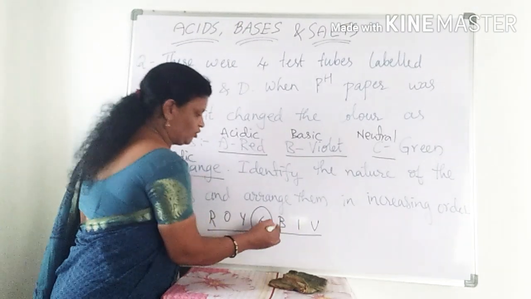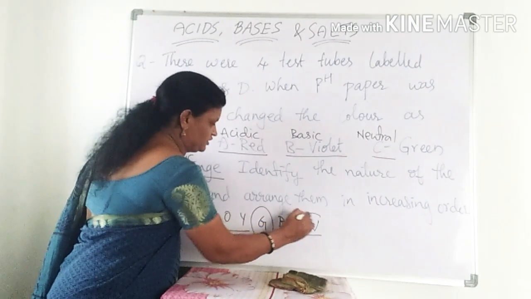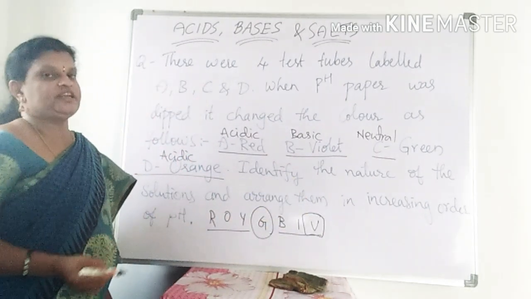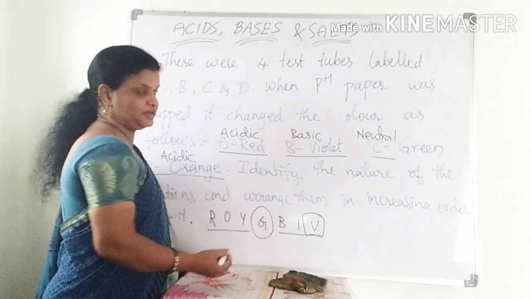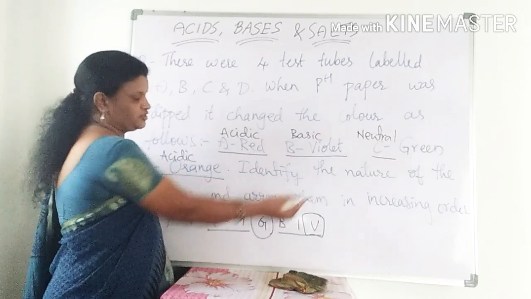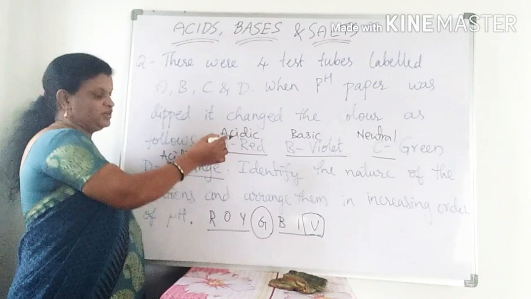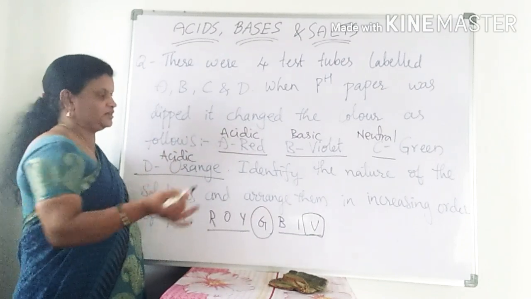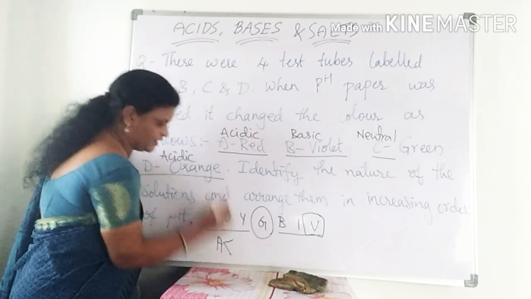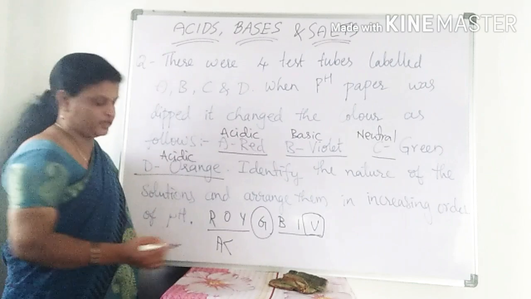So violet, indigo, blue means nothing but basic we are saying, no. So if any solution is able to convert that pH paper or universal indicator color into violet color, it will have more pH. So what we can write here, increasing order they are asking. So least one we have to find out first. So just observe, any solution is able to convert that into red? Yes, that is A. So A less than, orange or yellow is there anywhere? Yes, it is there. So D.